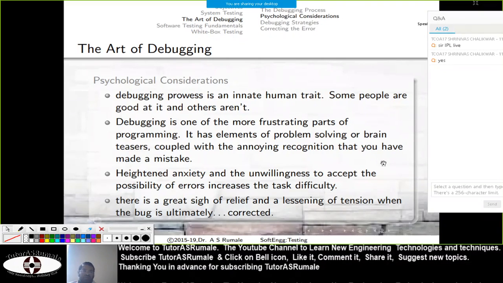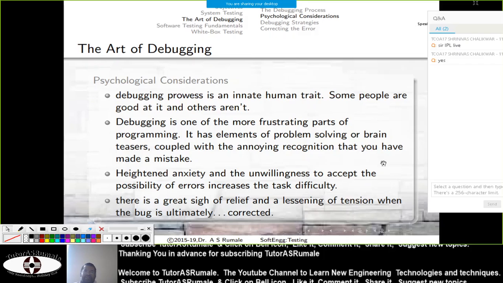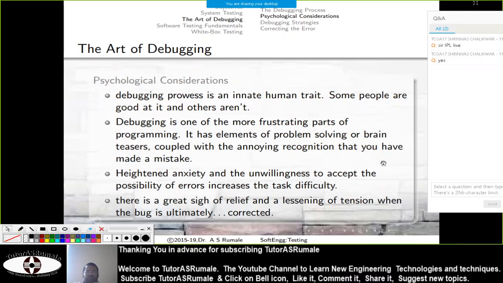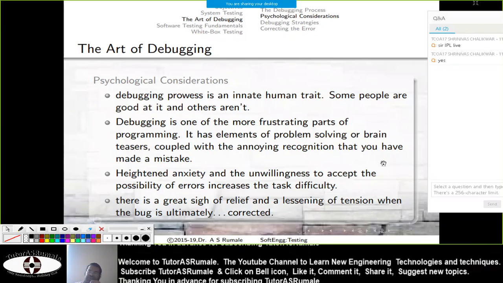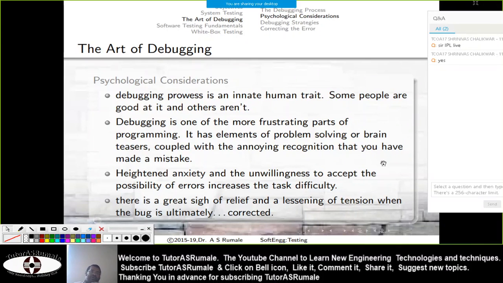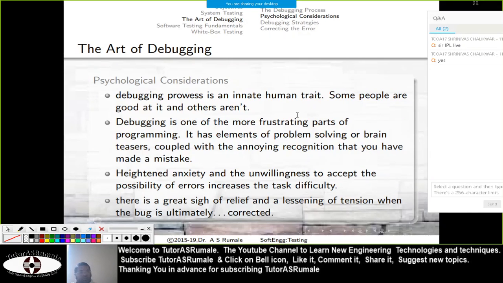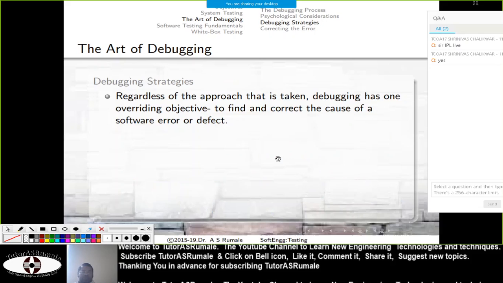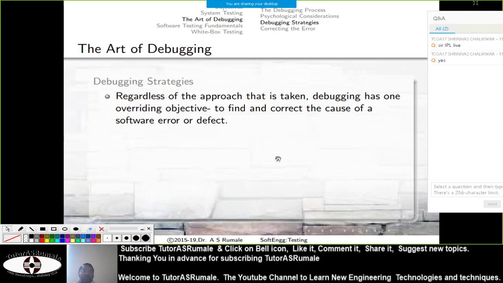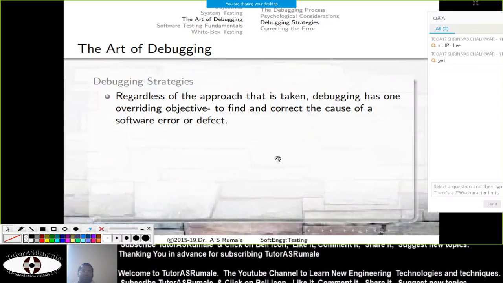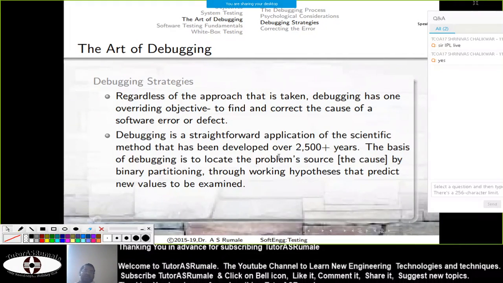Now, what generally happens in teams, a senior member, a junior member, and they go on fighting on these debugging issues. Senior says this is an error, junior says no sir, it's not an error, and it goes on. So psychological consideration must be taken while doing the debugging. So avoid, first, finger pointing, and second, do not hurt each other's ego. Give respect, then you will get respect. That is what you can call debugging strategy, or debugging considerations of software.